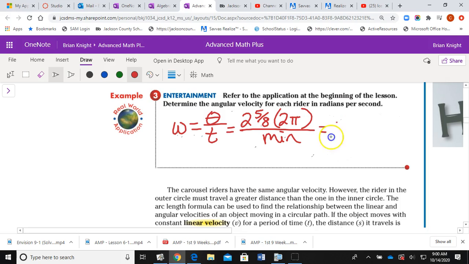The last thing you should get is 0.275. And that is radians per, oops, that's wrong. I was supposed to change it, because the question says, what is it per second? So, let me grab my calculator and figure out what this is per minute. Actually, you know what? I'll just keep going here. So, times